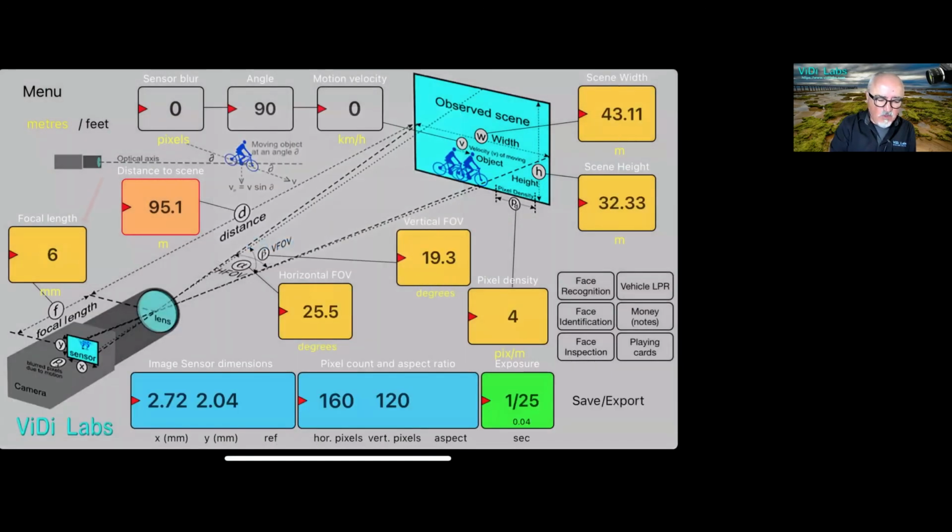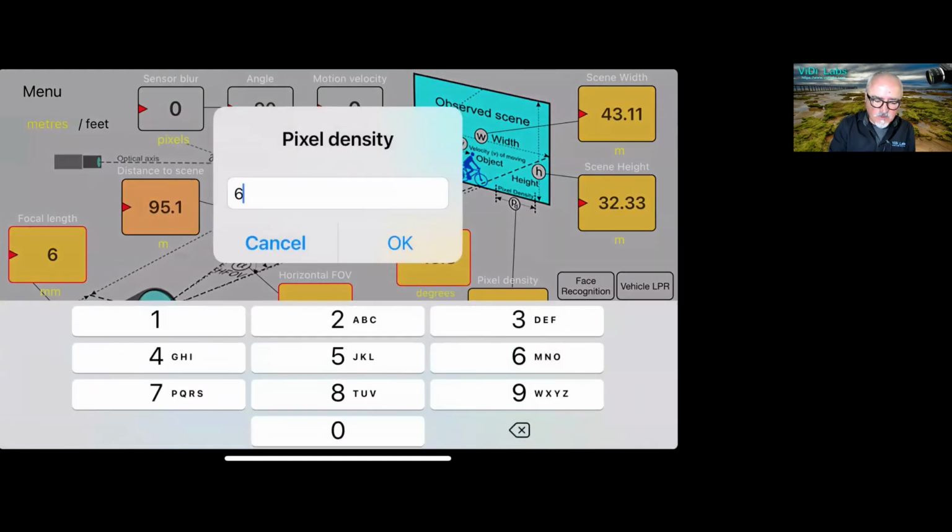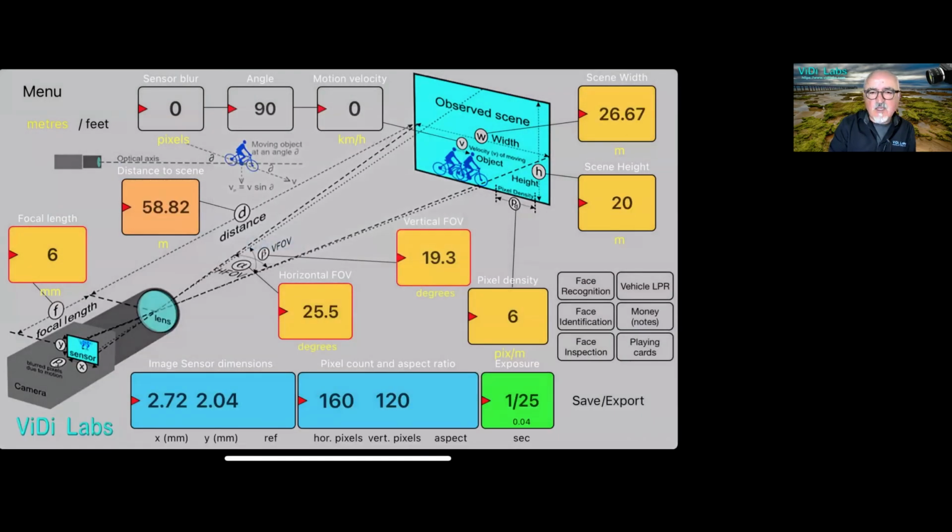Okay, now we lock the 6mm, and as you can see we were before at 6 pixels per meter, so let's put it back to 6. As you can see here it's 58 meters, so let's say 60 meters. So you need to come closer, or you need to consider that with a 6mm lens of the same thermal sensor imaging,